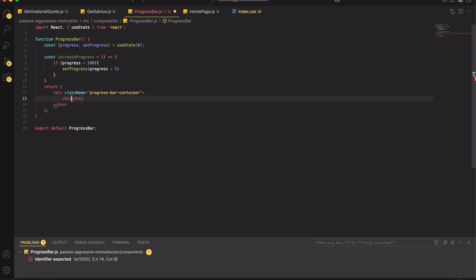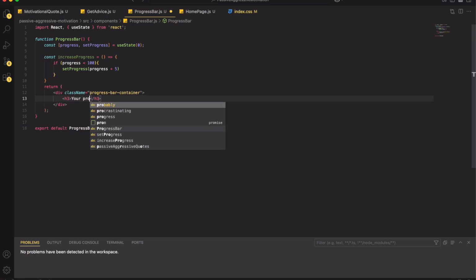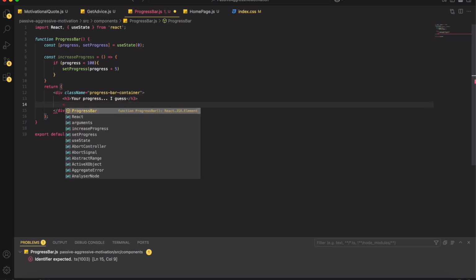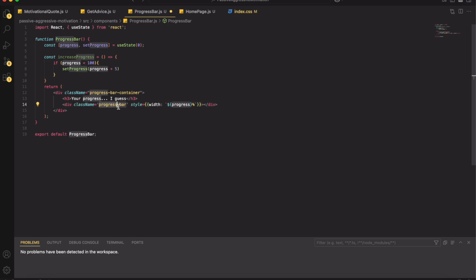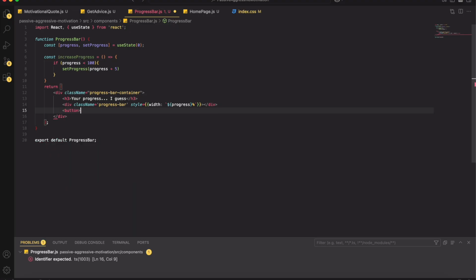And we'll just make a little header, and we'll just say your progress. We'll be sarcastic, I guess. And then we're going to make a quick little div for our progress bar. The style. So basically, we're going to edit the width of this every time this function is called. So basically this syntax here, class name progress bar, that's just the style. And then this style here is just inline styling. So what it's going to do is set the width of this progress bar to the percentage of this progress. If you can kind of understand it,